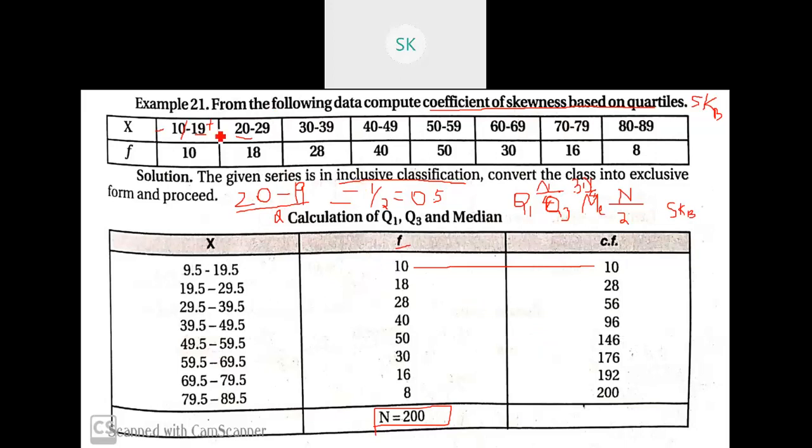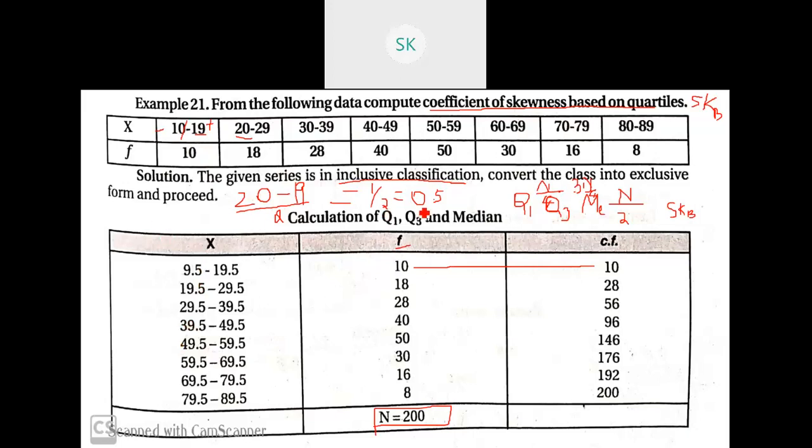Okay, I'll summarize the whole question for people who were not able to hear me, had some issues, and are able to connect now. They have given us a continuous series, but here the class intervals are inclusive in nature. So you are supposed to convert this inclusive into exclusive, and then solve the problem. It's very similar to the previous problem, just that it's given in the inclusive form. So convert them to exclusive form after calculating the correction factor.